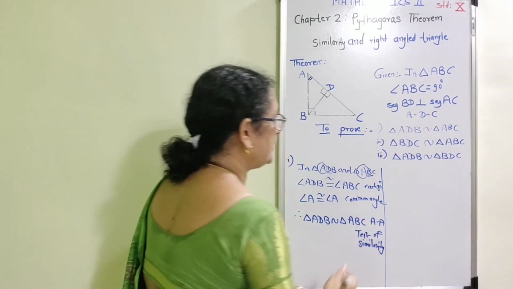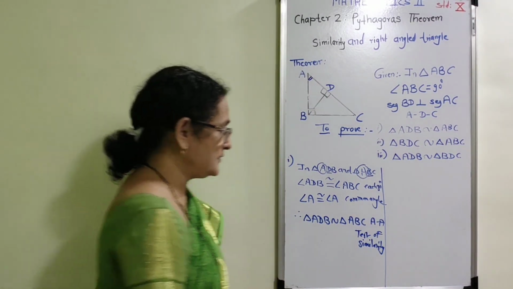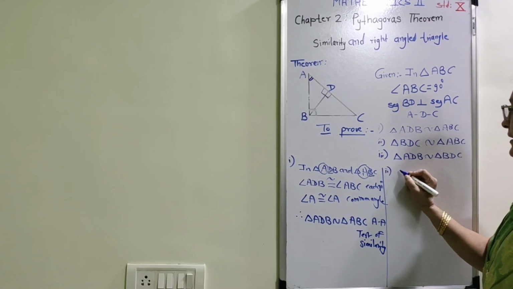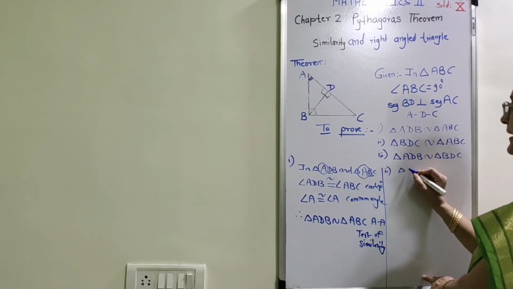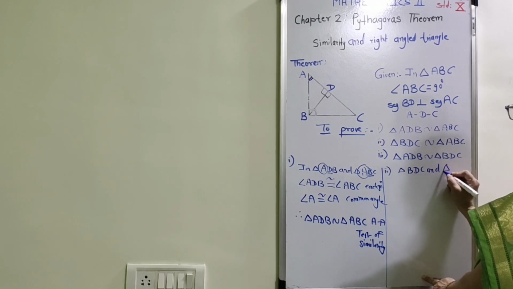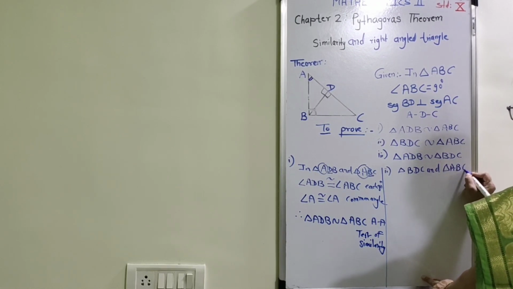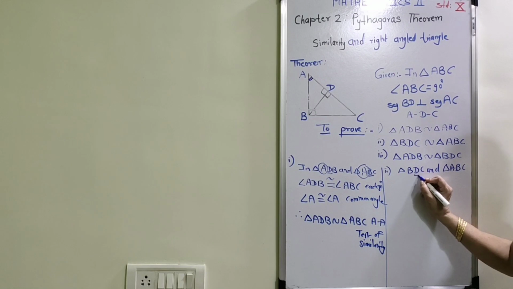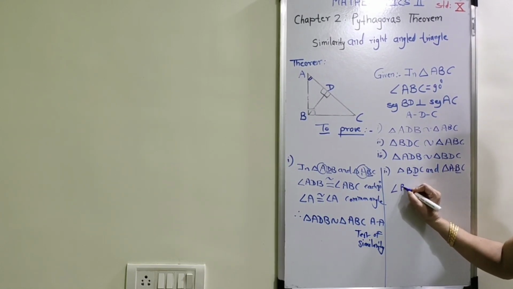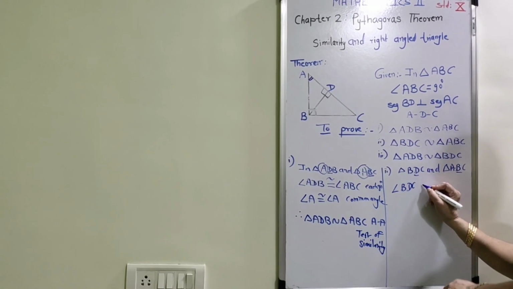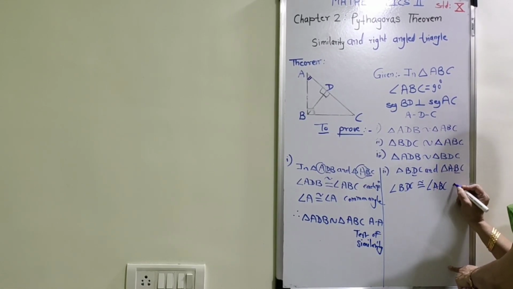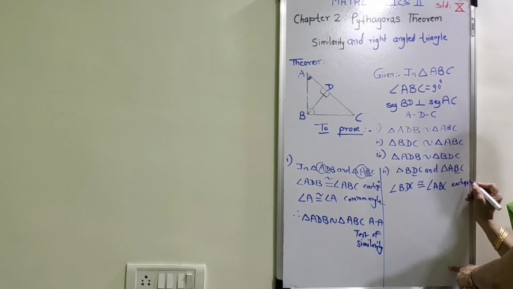Similarly, we are going to prove the second pair also. Observe the second pair. Here, the smaller triangle is triangle BDC and the bigger triangle is triangle ABC. Now observe the figure. Here also angle D and angle B are each 90 degrees. Angle BDC is congruent to angle ABC, each 90 degrees.